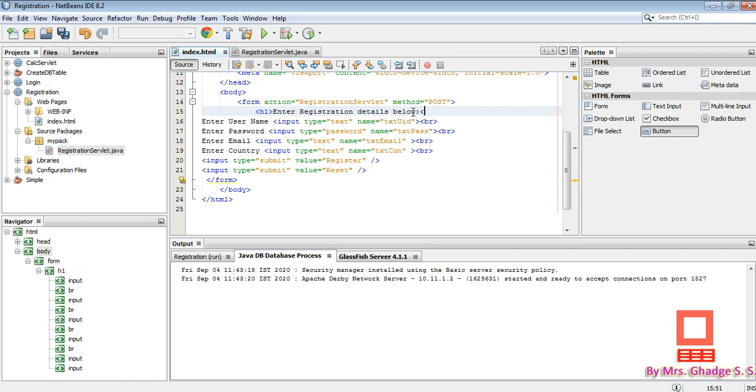Okay, and then slash h1. Okay, so this is just for GUI.